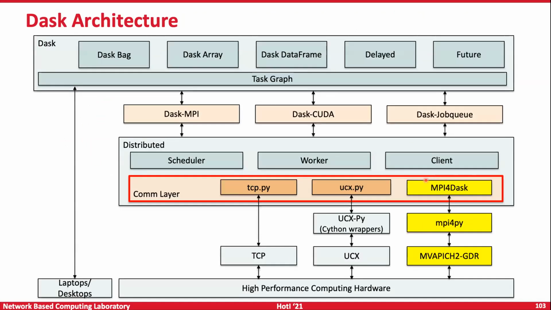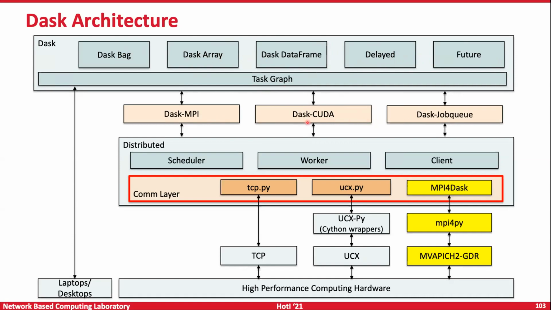Here is the architecture of the Dask software. At the top layer are the Dask interfaces like task bag, Dask array, Dask data frame, delayed, future. If you're writing a program using Dask, these are some of the features that you will get exposed to. Under the hood, what the Dask runtime does is that it converts your program into a task graph, which is then executed in a parallel way on HPC systems. Dask also has a rich ecosystem. For example, there are projects like Dask MPI, Dask CUDA, Dask Jobqueue, and they all facilitate executing Dask-based jobs